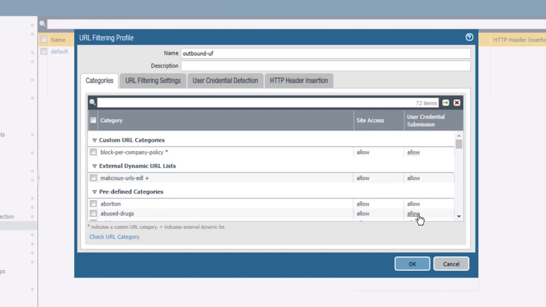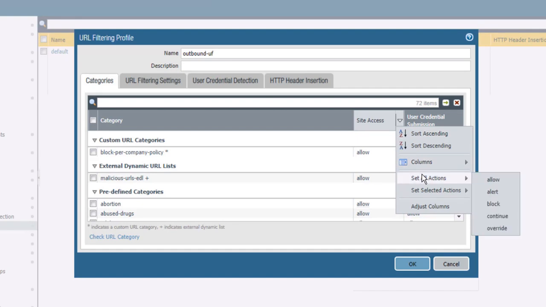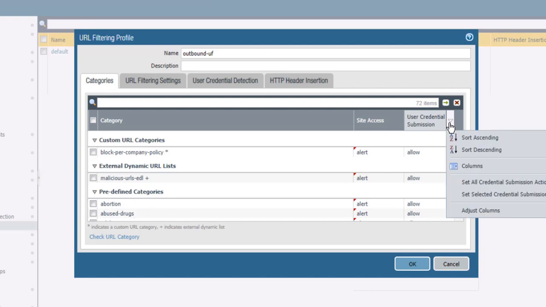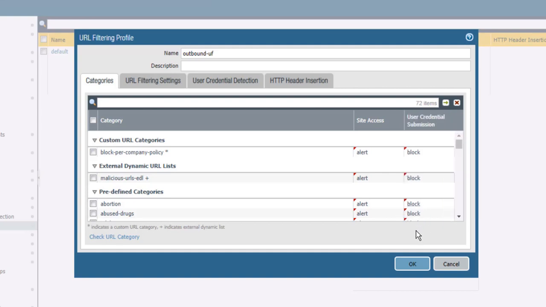We'll change this by clicking the Site Access column down arrow and setting all actions to alert. We'll make a similar change in the User Credential Submission column by clicking the down arrow and setting all credential submission actions to block, just to play it safe. The User Credential Submission column is used to configure anti-phishing protection and is fully described and demonstrated in another module in this course. Now we'll return to the Site Access column